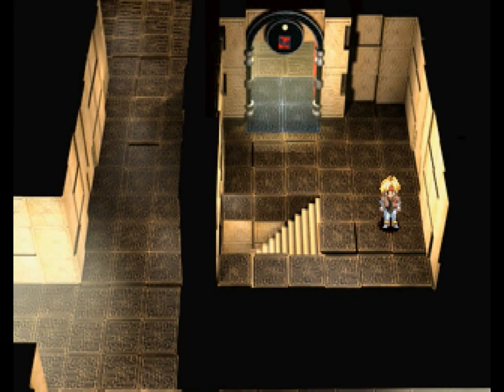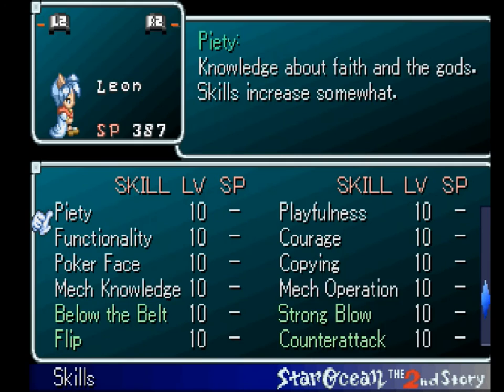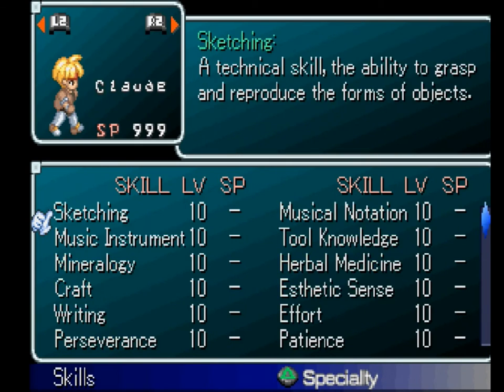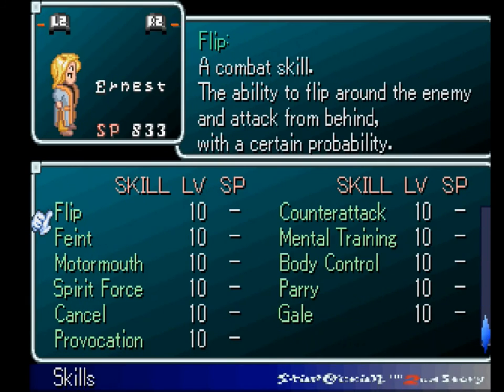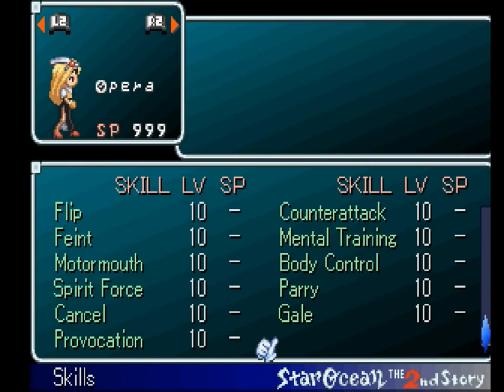Okay, this time we're really here at the end of floor 8, and now we are finally ready to head down into floor 9. Before we do that though, I did want to show you that now everyone on my team is maxed out in terms of the skills that they presently have. We talked about this in our previous episode that there is one left for us to acquire, and we'll get it, I think, on floor